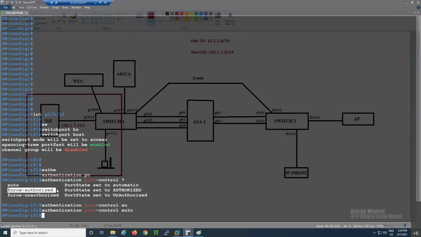So you can say force authorized works as open authentication and force unauthorized is working as restricted. Means you are not permitting any user to get network access through this switchport if you are configuring force unauthorized. And auto means you are enabling layer 2 authentication. If the user is successfully authenticated, then you will get some authorization. Otherwise, it will not get any authorization.